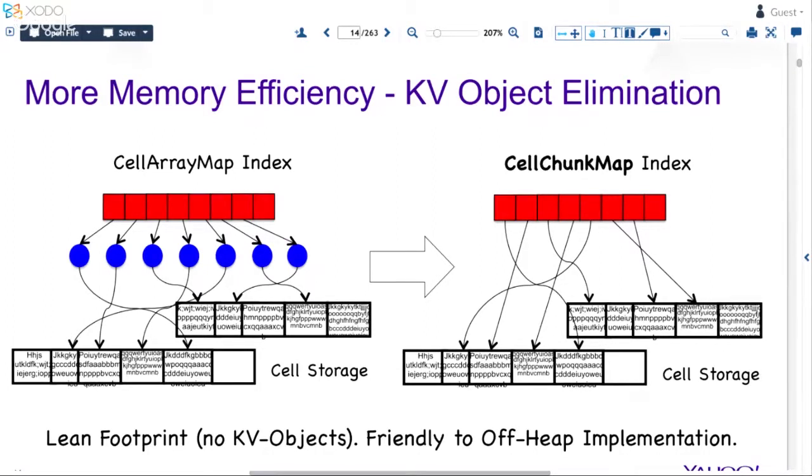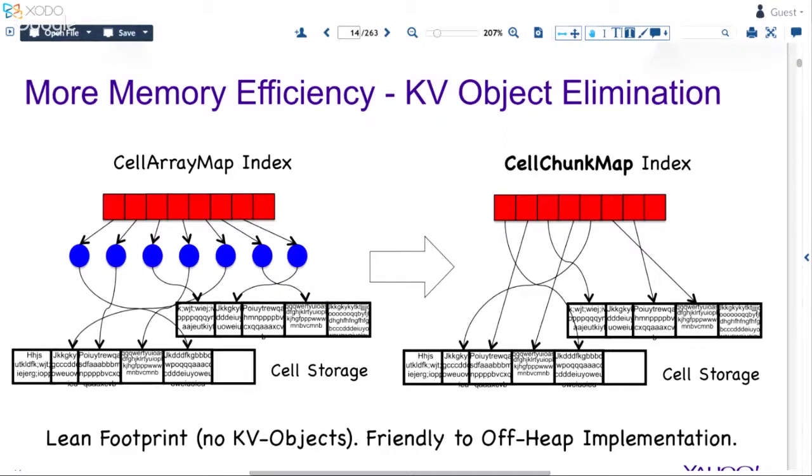Okay. So right now there's one more thing I want to tell you about before we jump to the performance results, which is further optimization of this data structure, in which we eliminate the cell objects. See all these blue cell objects? They are actually convenient because the cell array map is easy to organize. It uses regular Java references, but on the other hand, they create a lot of fragmentation and eat up a